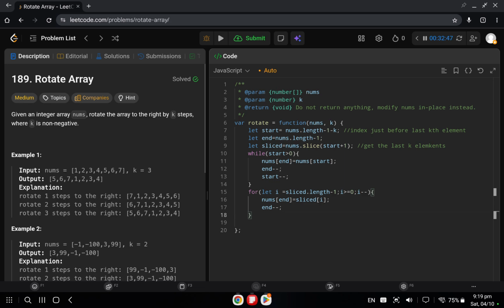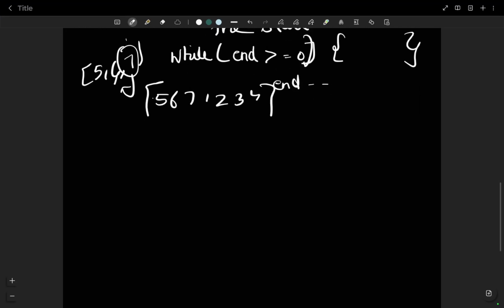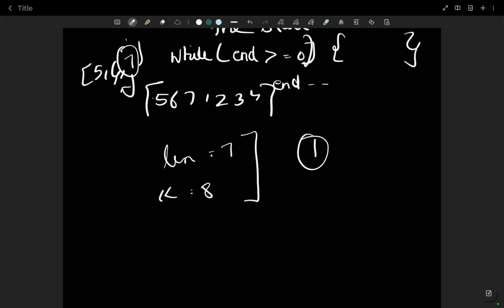Fine. Now there's another catch. We have to add another condition at the beginning, because k can also be, for example, 8 when the length of the array is 7. We cannot rotate it 8 times. We have to rotate it net 1 time, because when length is 7 and k is also 7, rotating it 7 times will lead to the original array.